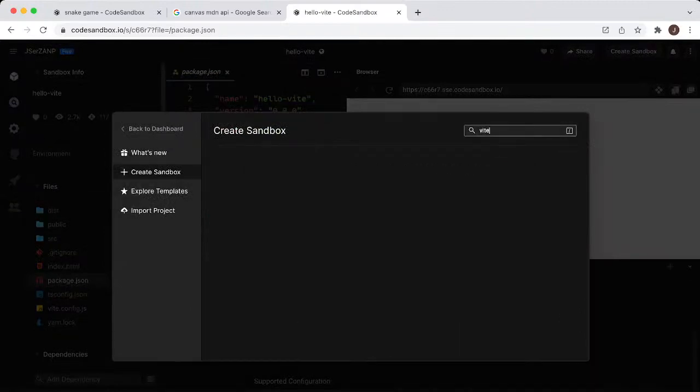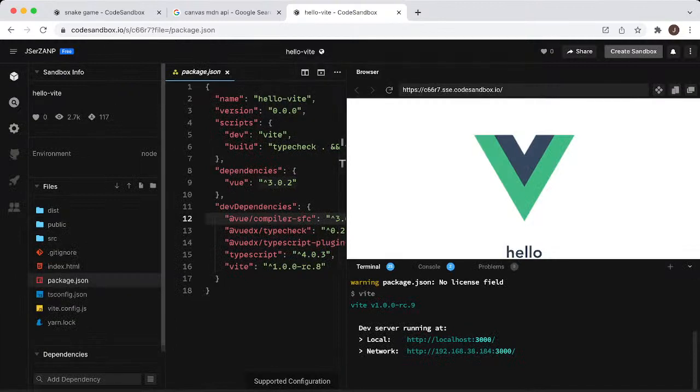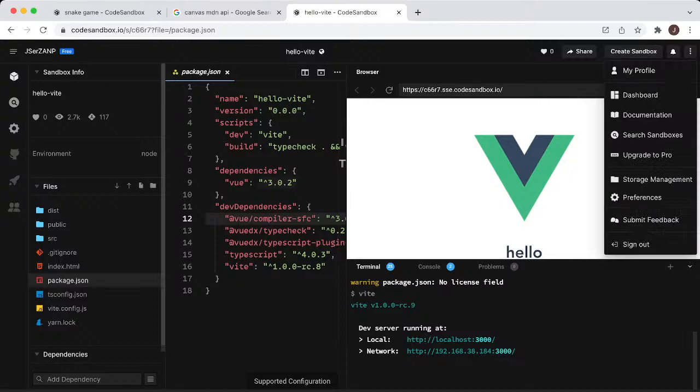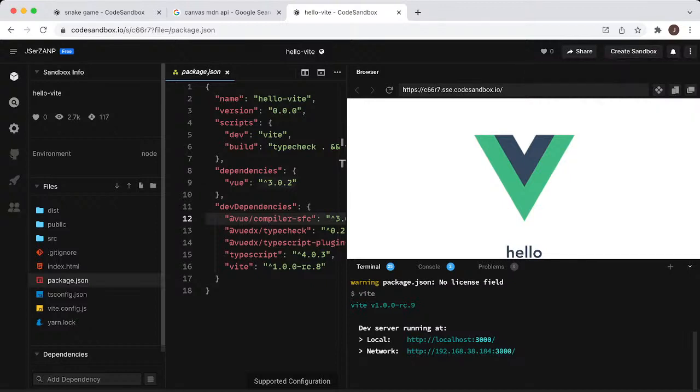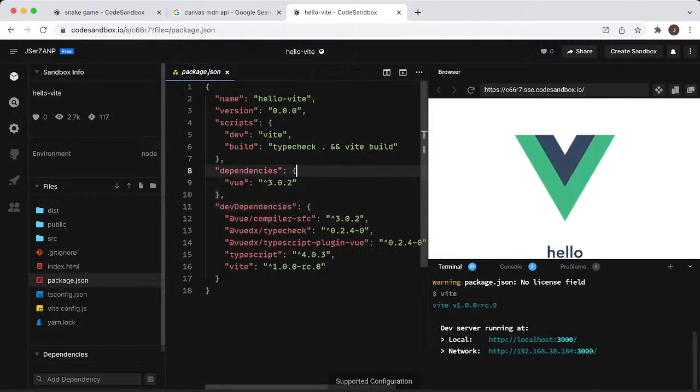No template? Where's the fork? No fork. Okay. Anyway, let's just